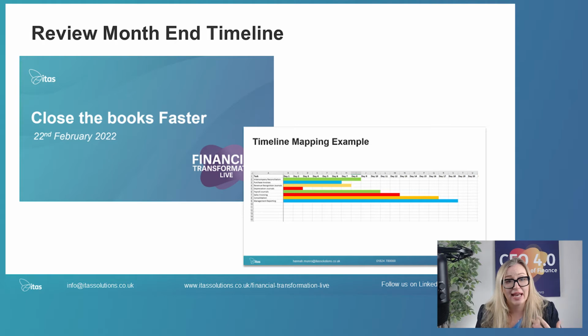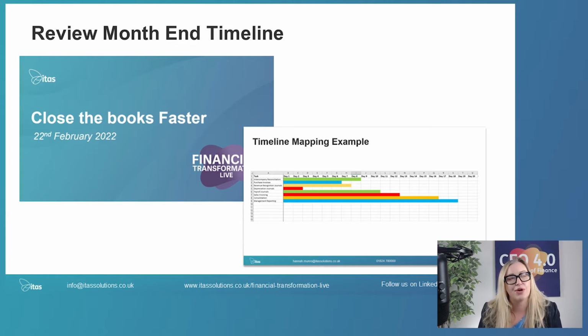So it allows us to identify two things, and what we should be looking for in our month-end timeline mapping is, firstly, what are the things that are really pushing our timeline out, right? So what things are pushing our month-end out? And then there's two questions you need to ask: is one, can I take less time to do it? So can I shrink the time I'm spending doing it? And secondly, can I do it earlier? Right? So a classic example of that is